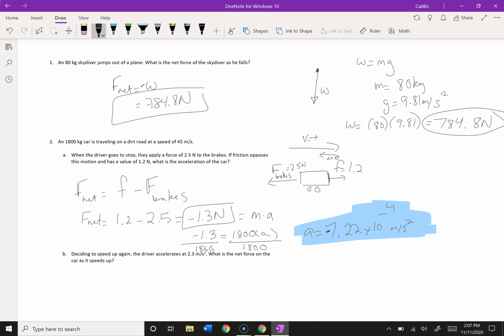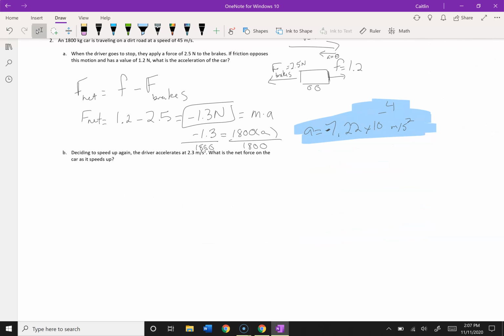All right. Next question. Deciding to speed up again, the driver accelerates at 2.3 meters per second squared. Okay. In this particular case, we don't really care about friction. We weren't told to care about friction. So I'm just going to set F net equal to M times A. The A is going to be the 2.3. The M is going to be the 1800. So F net, in order to get this car moving, is